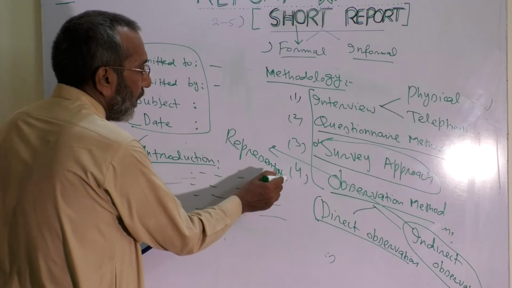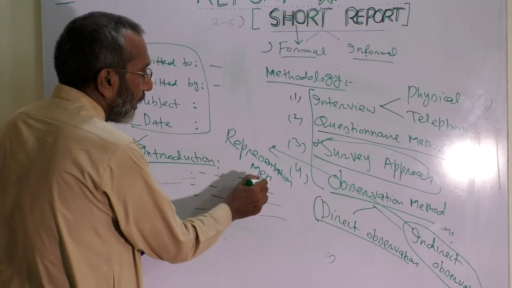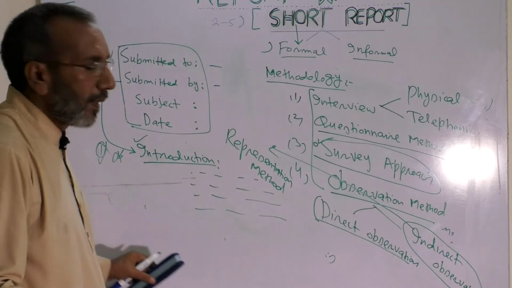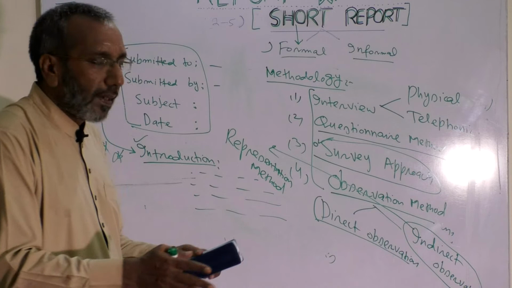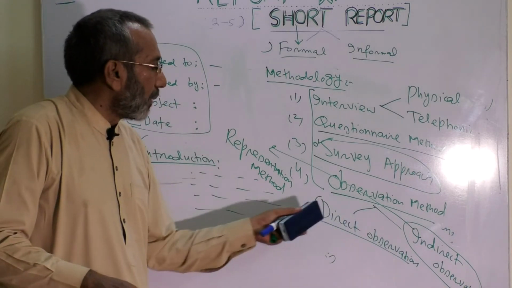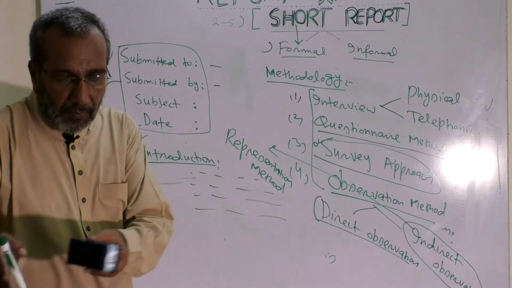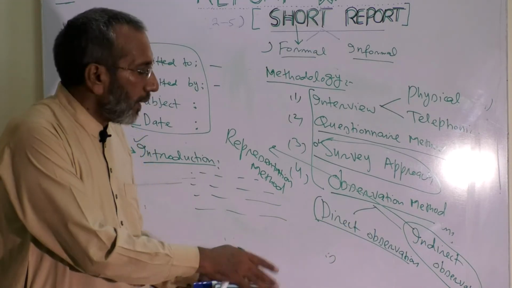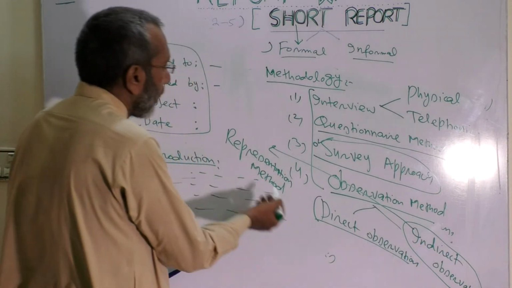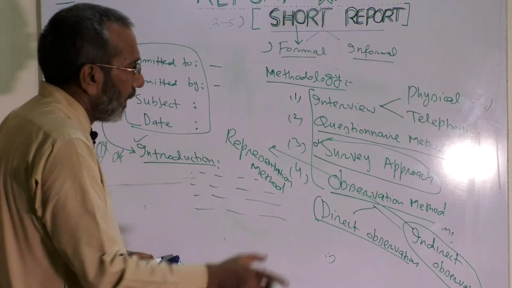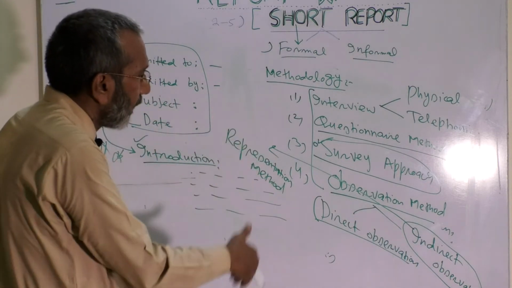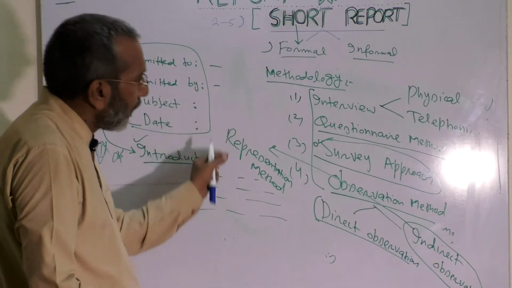That means you appoint different people, you make groups, teams, and ask them to collect data. Suppose I ask some students of mine, I request them, okay, we have to collect data about this thing directly. I cannot obviously manage all this. So this is a team of 5, this is a team of 5, this is a group of 6. You go over there and tell what is happening. So practically, indirect observation or representation method is more common. These are different methodologies, right? But while writing that report, we don't make mention of all these.